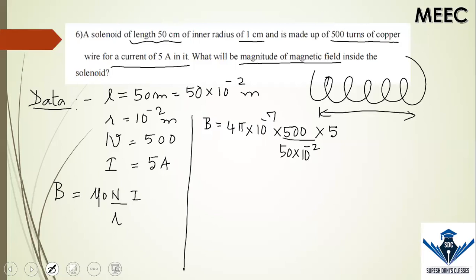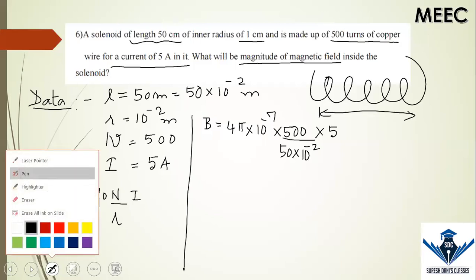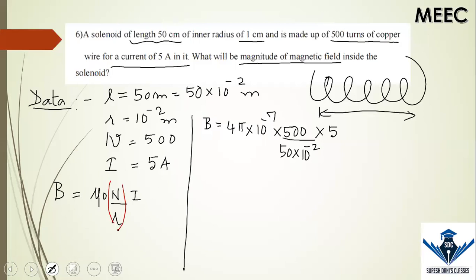We are going by B is equal to mu naught n I, where small n is nothing but number of turns per unit length. So we used to write this as B is equal to mu naught small n into I, but that small n is nothing but number of turns upon length. Please calculate quickly and give me an answer. Let me see who will come with the right answer.